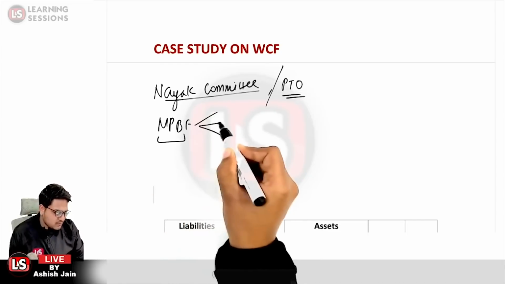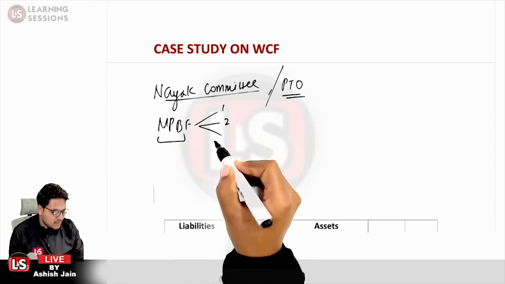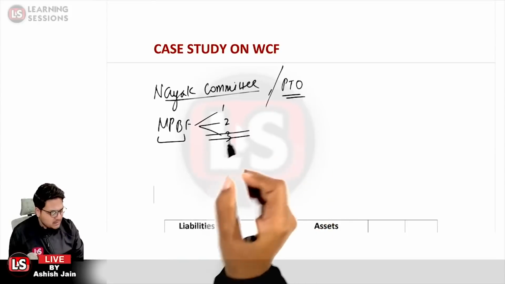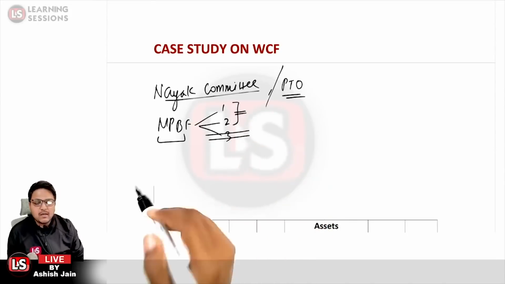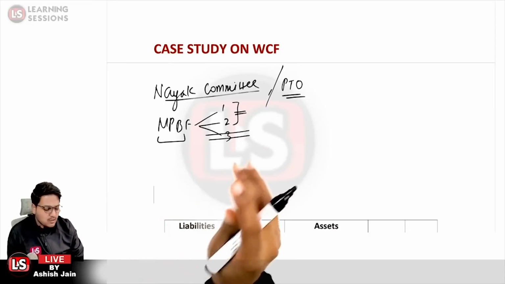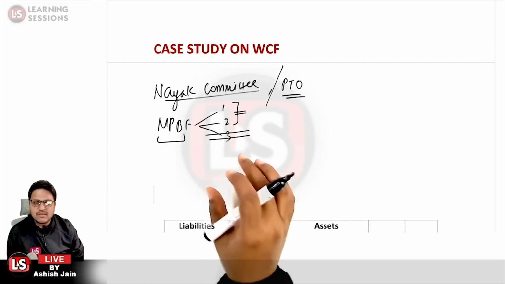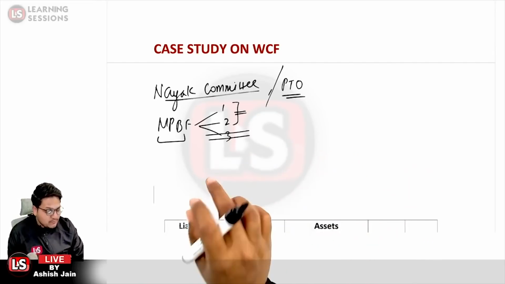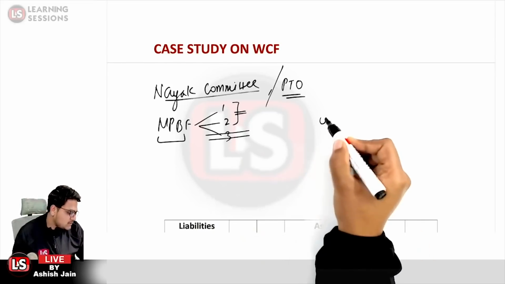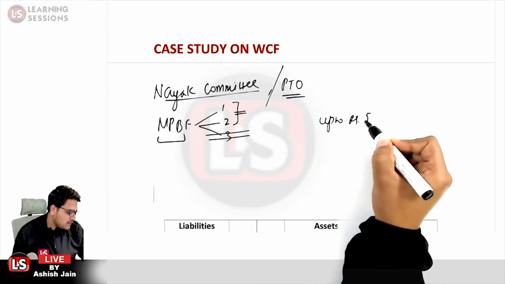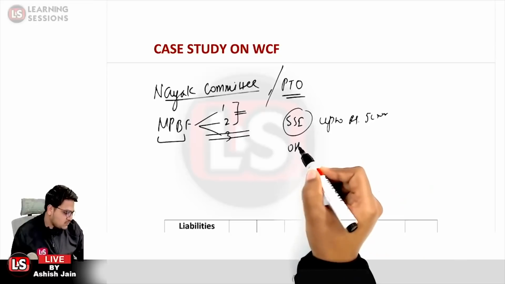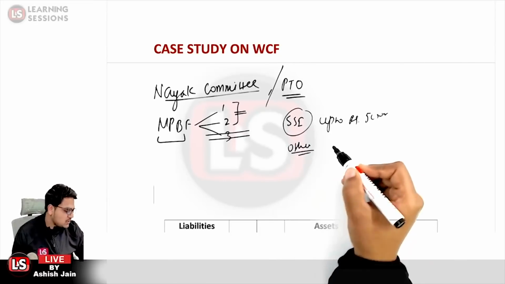And there are three methods which were given by the Tandon committee: MPBF method 1, method 2, method 3. Method 3 was not accepted by the Reserve Bank of India, but these two methods were basically accepted by the Reserve Bank of India itself. But where do we apply which method? That basically depends upon the quantum of the loan which is to be extended to the borrowing firm itself. Okay, so if the amount is to be sanctioned up to rupees 5 crore to the small scale industry, and for the other industries, if the working capital is to be sanctioned up to rupees 1 crore,